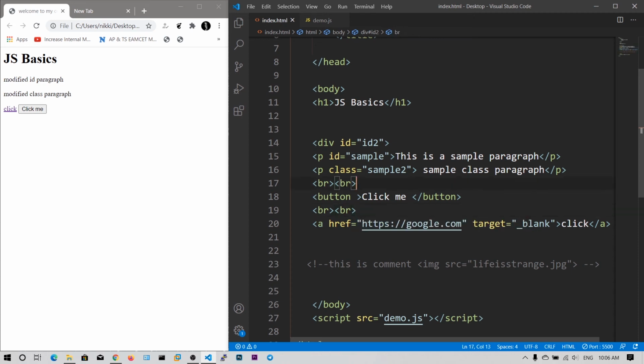So this has line breaks, the button and two line breaks. Let's see how it looks. So this click me has no functionality. If I click this multiple times nothing will happen.